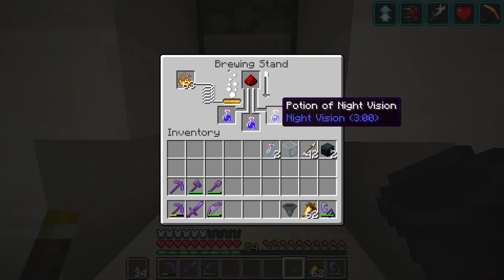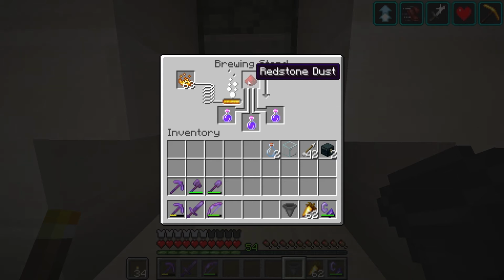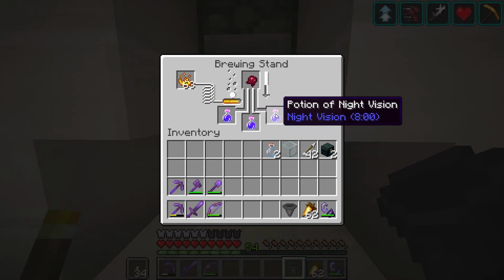There we go. We've got night vision now, and then what we're going to do is redstone, which will extend it to the full 8-minute potion. And then when we put the fermented spider eye in, it will become invisibility so that we can use it in things like guardian monuments, and maybe even in dungeons, different things, so that we can get through without getting attacked. So let's just let this fermented spider eye finish, and we're going to see these potions be done, and